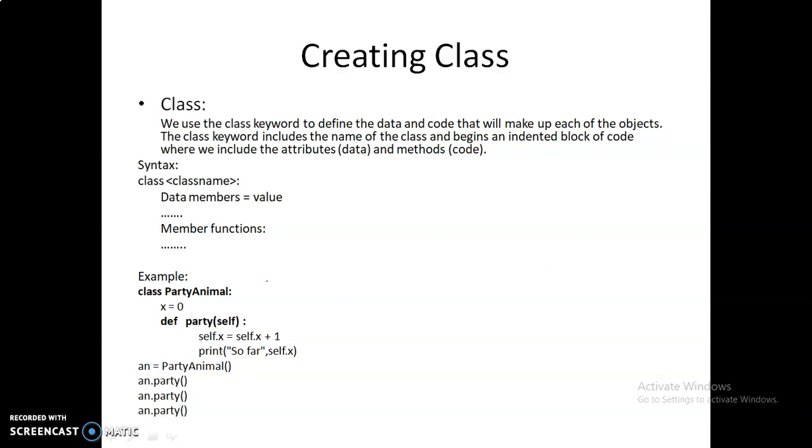Okay, in the user-defined data types, we have structures, arrays, pointers. Okay, like this. In those user-defined data types, we also get one more user-defined data type, the class. In Python, we have built-in data types and also user-defined data types.